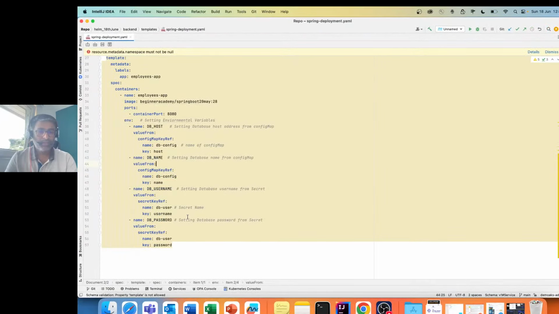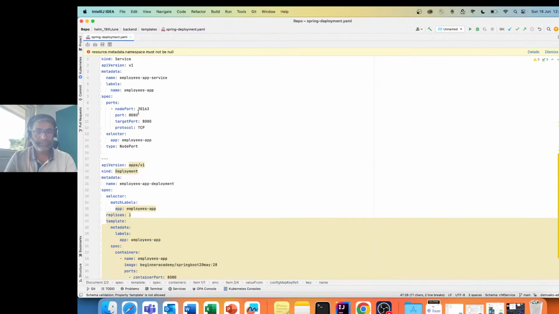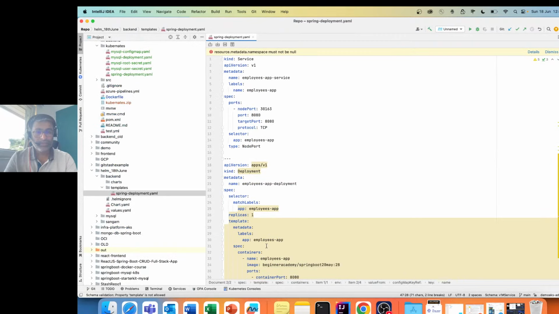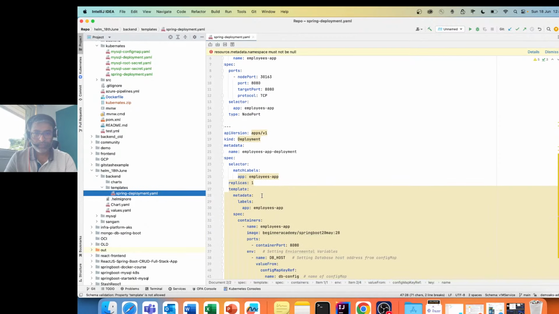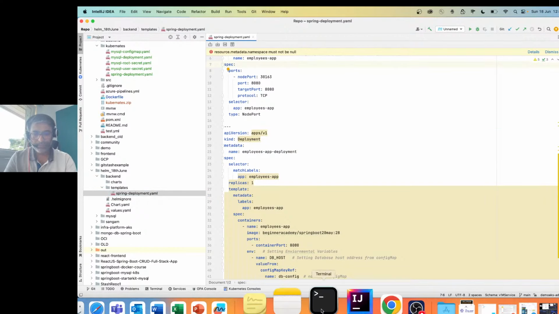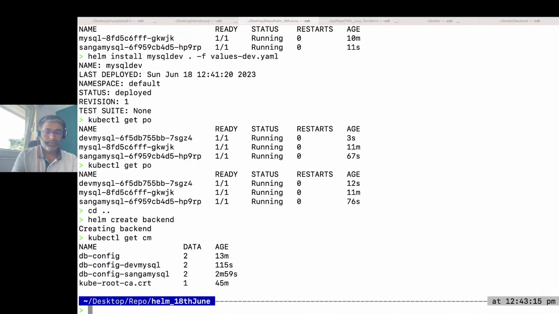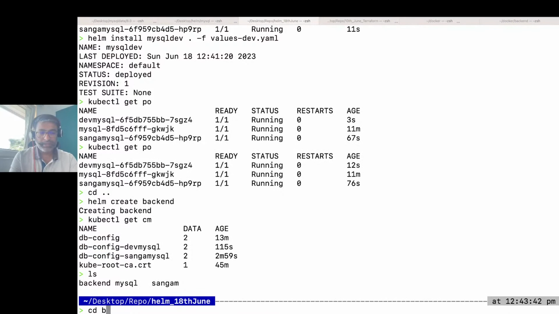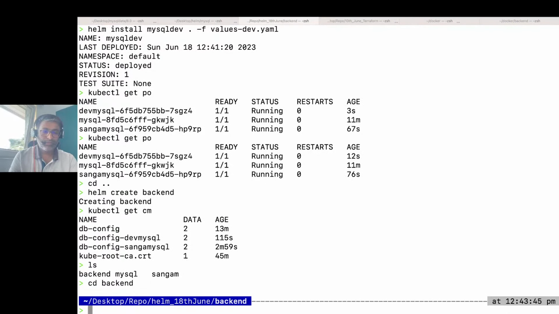Okay. So now all these variables, it is picking from there. So what I will do is I kept our backend application here, which has a deployment and a service. That is what we require. So I will say cd backend. Then the simple command for us is